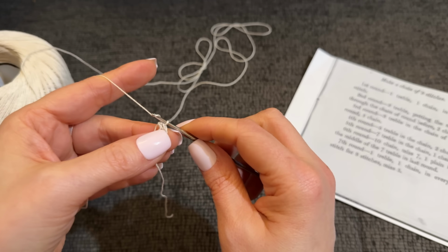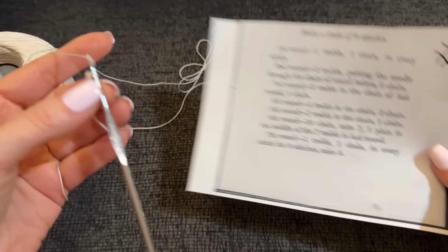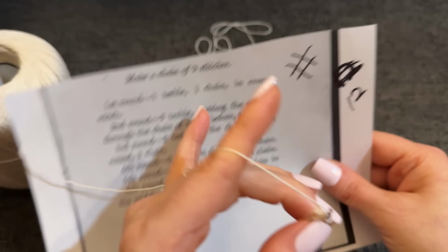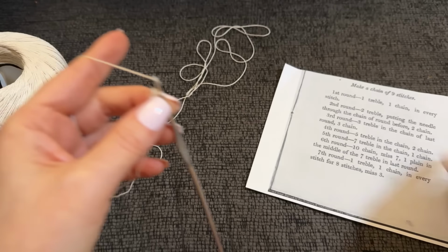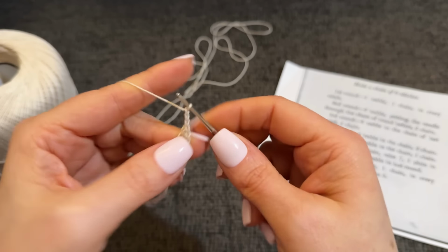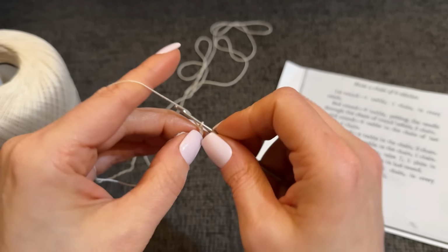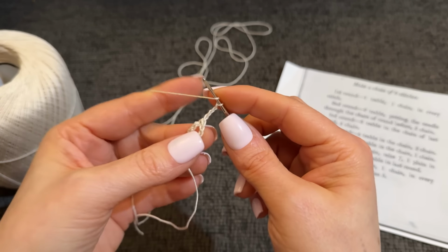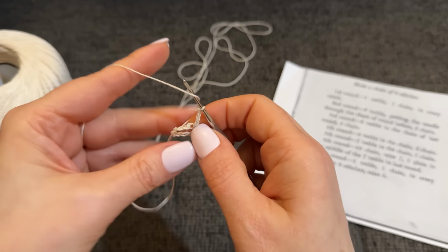Okay, and what do we have here? 1 treble, 1 chain in every stitch. So that's 1 double crochet in every stitch separated by 1 chain. So we'll start with a chain 3 and then 1 more. So that's double crochet plus chain 1. And then in the very next stitch over,